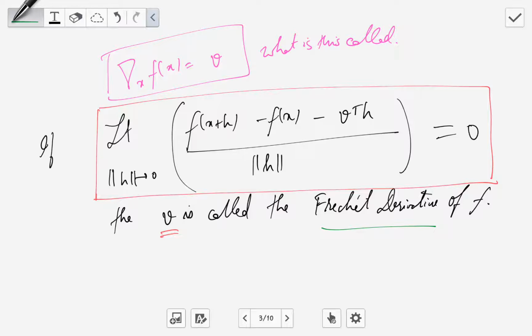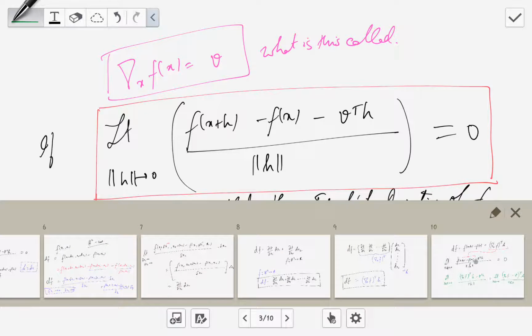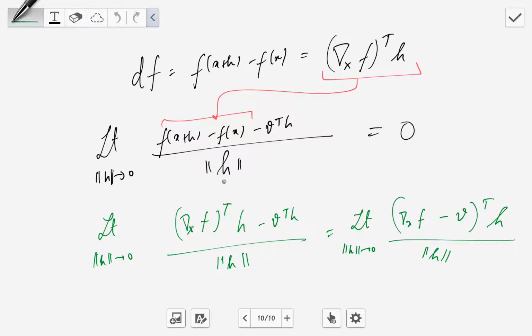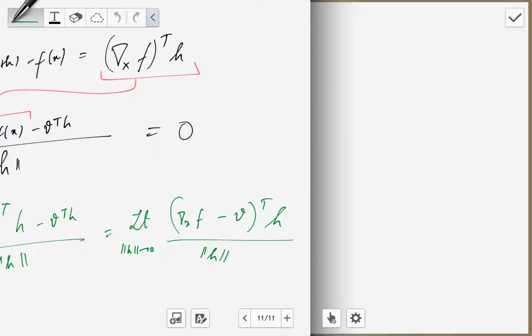Okay, the V is called the difference. V is called the Fréchet derivative. So now what I did is I simply substituted this here. I just wrote this definition back and substituted this instead of that. Okay. So now we finally have